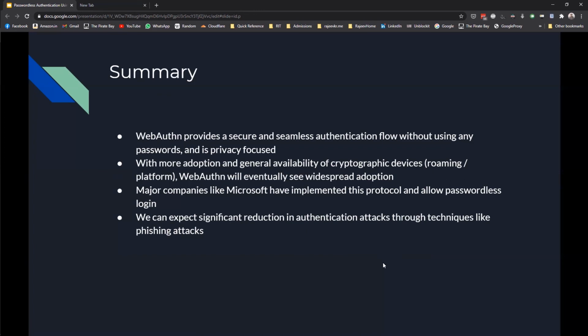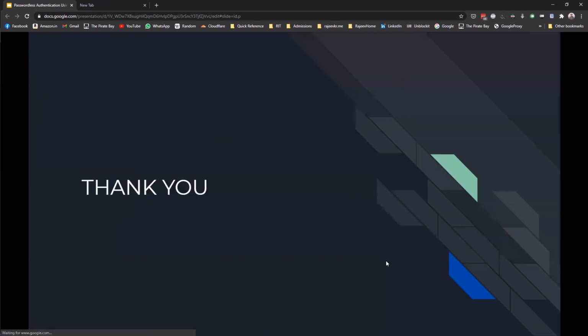Right now, Microsoft is a classic example, which allows you to log in using your Windows Hello platform, which is again WebAuthn. We can expect a significant reduction in authentication attacks through techniques like phishing, because there is no password involved and your device is the only authentication parameter that you would have to use.